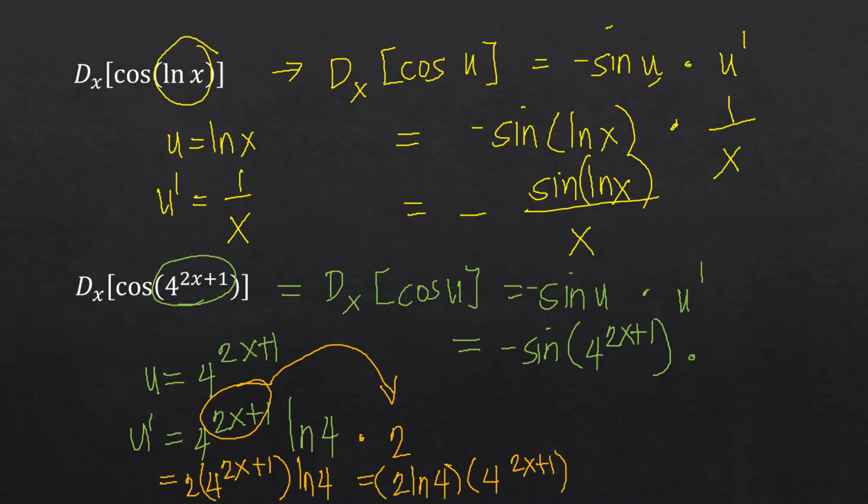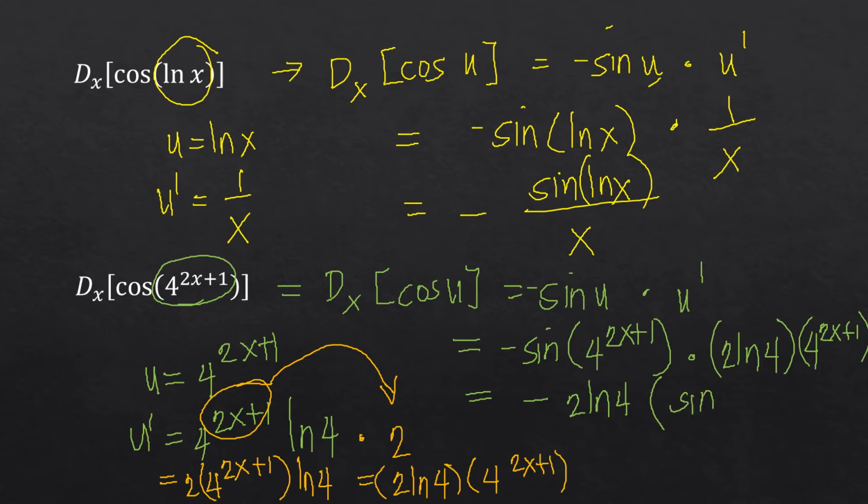So we have 2 ln of 4 times 4 raised to 2x plus 1, and our final answer will now be negative 2 ln of 4, a constant, multiplied to sine of... okay, we just need to be very careful with the parentheses here. So that will now be sine of 4 raised to 2x plus 1,